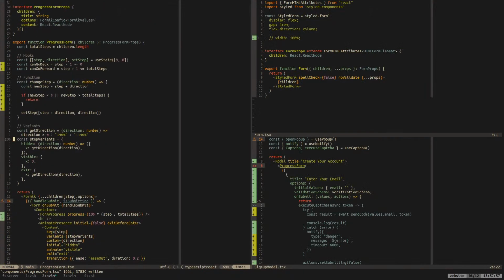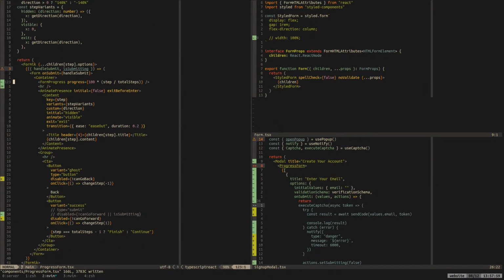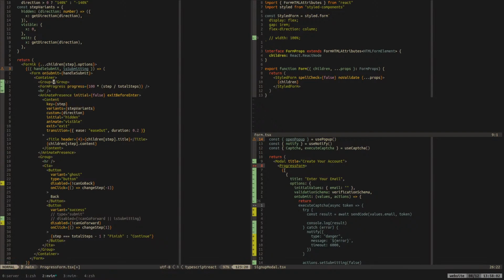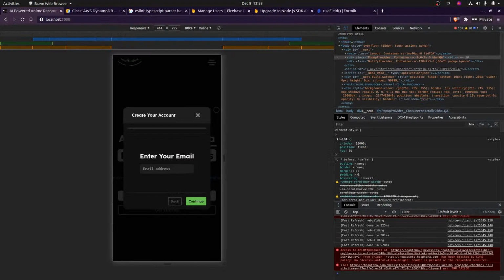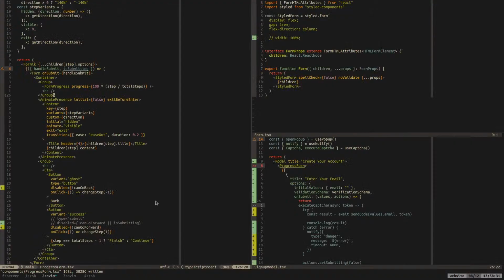Oh, but we also have a group over this, so that's why it was throwing me off. Group. That looks nice. But, you know, as you know, so I think we just gotta do padding. I think. Oh, well then that's the problem that comes back again. Let's think about this.